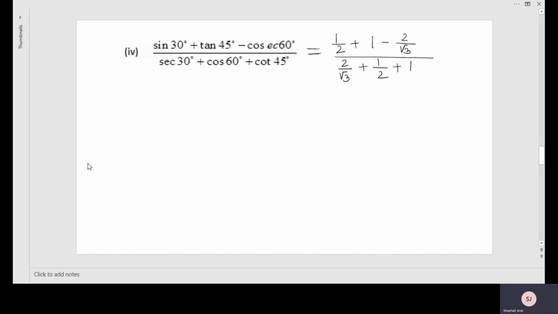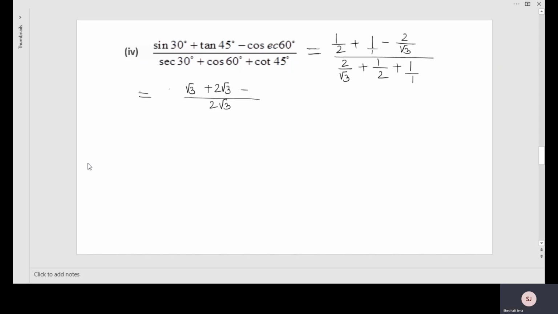Now we should simplify the fraction. So with root 3, you should take the LCM. 2 root 3. Here nothing is there means denominator 1, here also nothing is there means denominator 1. So the LCM is 2 root 3. Now you multiply the number which is required in the numerator. Here root 3, 1 into root 3 plus 2 root 3, because here no denominator, 1 is there. So 2 root 3 is the LCM. So you have to multiply 1 with 2 root 3.